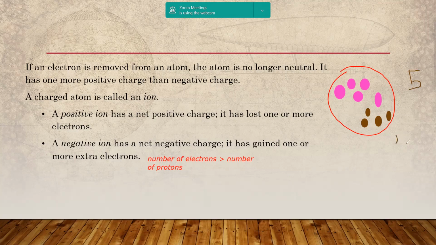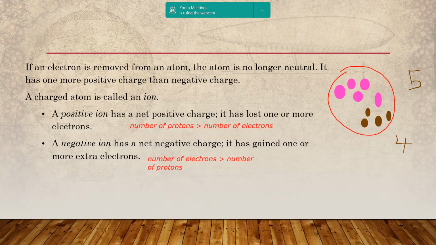And how many electrons now? We have 4. The number of protons is now greater than the number of electrons. So if the number of protons is greater than the number of electrons, I will say that this ion is positively charged, because there's a net positive charge; it lost 1 or more